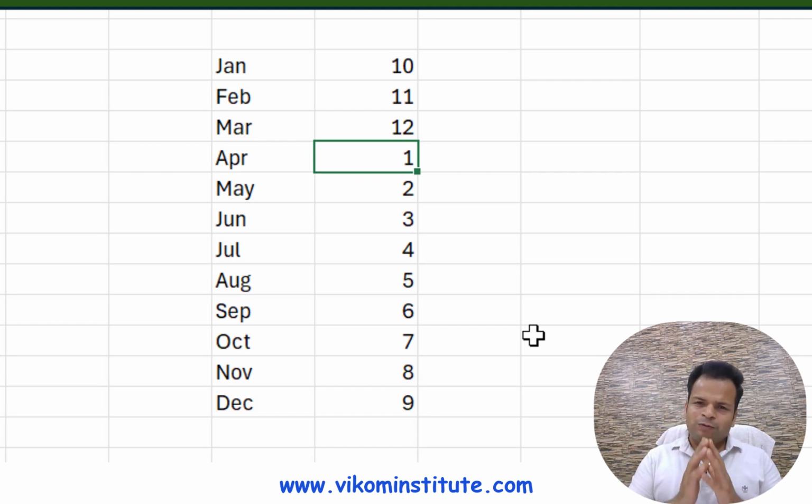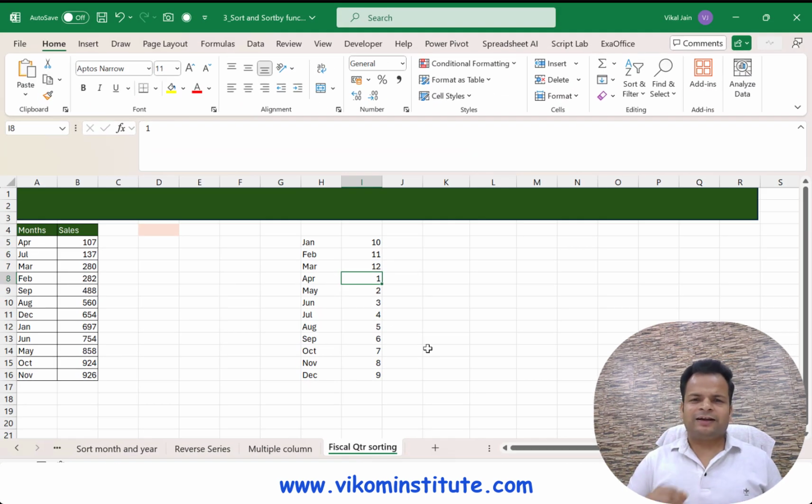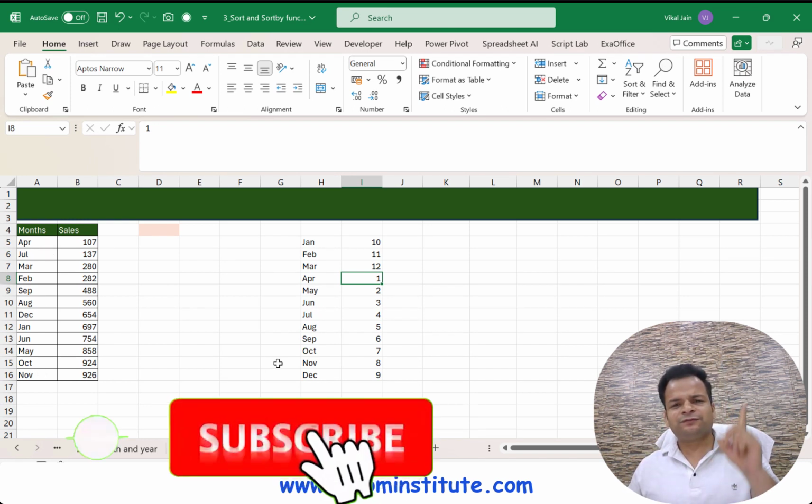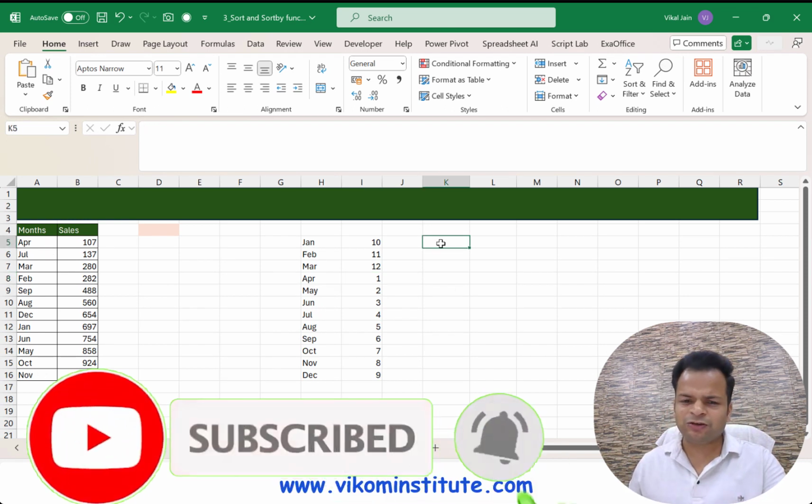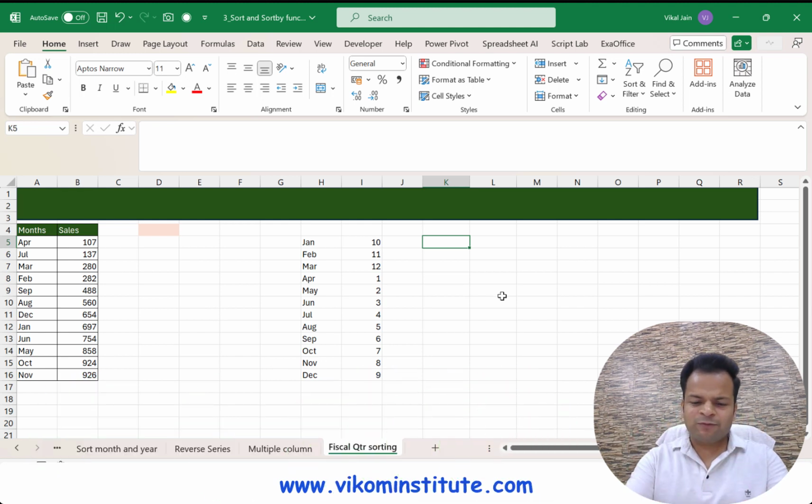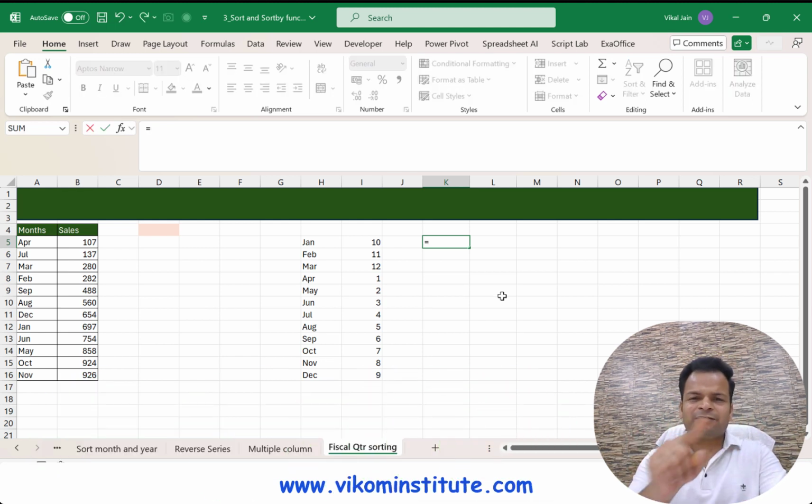Now I want to build a formula so that we can sort this range in our fiscal year. So how am I going to do it? I'm going to use the old technique which I covered in an earlier example. Let's say I'm concatenating my month with 1.